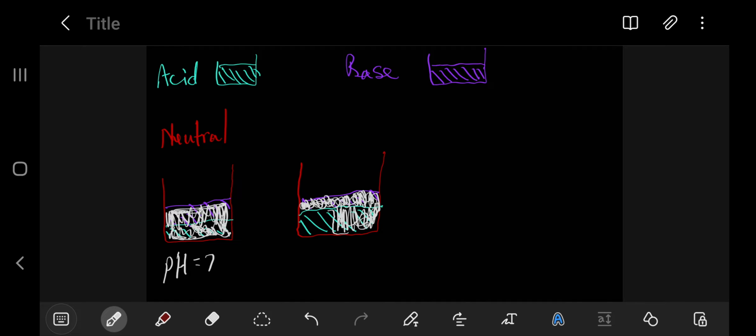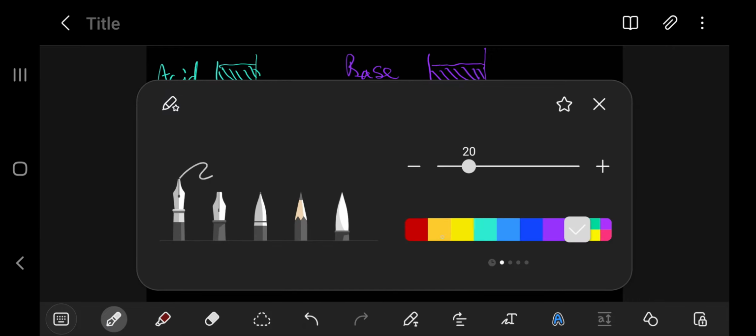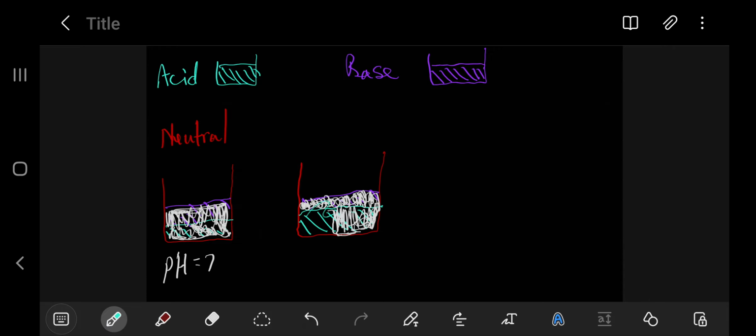So the base is finished now. So as you can see, we still have an extra amount of the acid, right? Which is this portion. This portion is still the acid that remains inside that solution after the neutralization, right? So we have an extra amount of the acid, which is excess